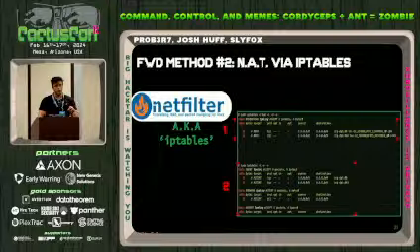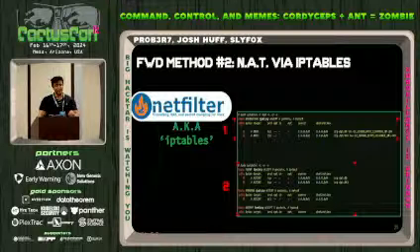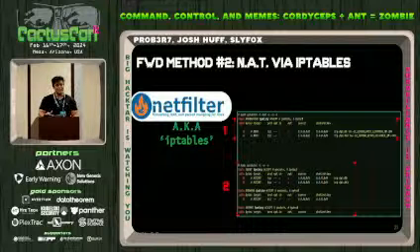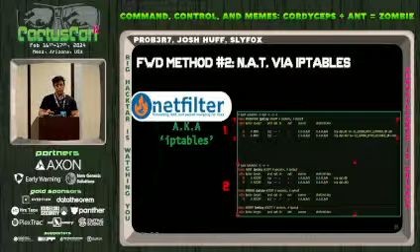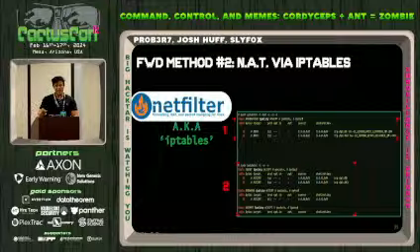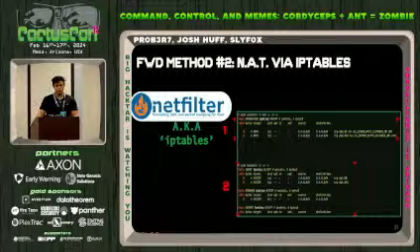Now, there's two operations that are relevant for forwarding C2 traffic if we're using network address translation. The first one would be rewriting the destination IP address in the IP header so that the original packets that were sent from the compromised asset destined to the redirector are now sent to the C2 server.